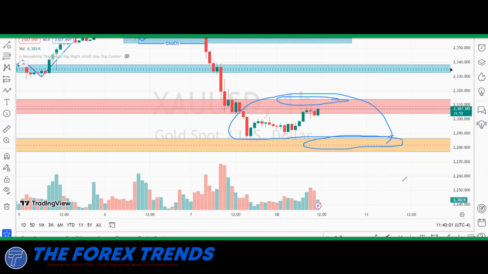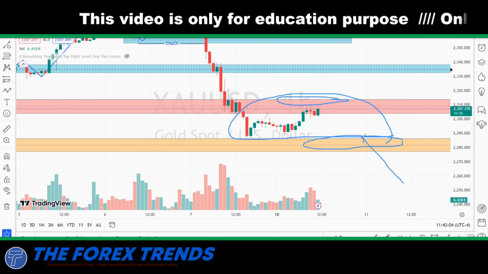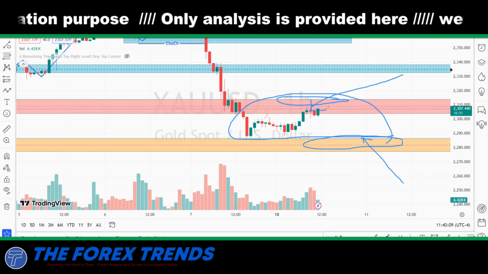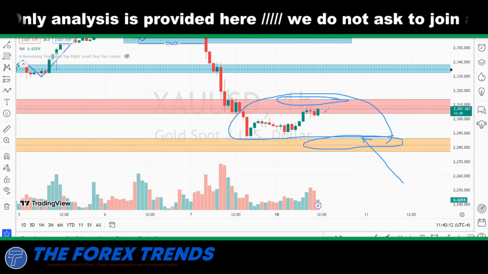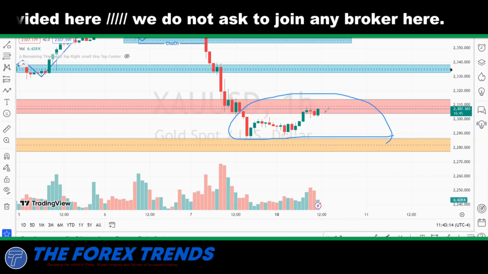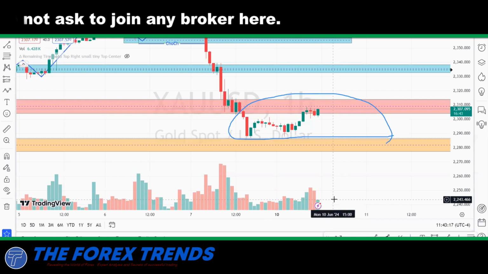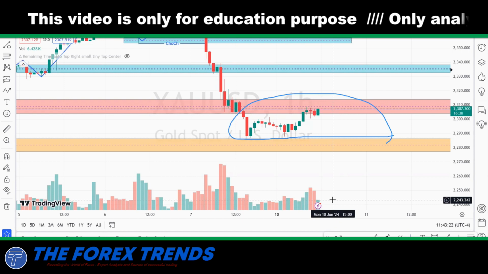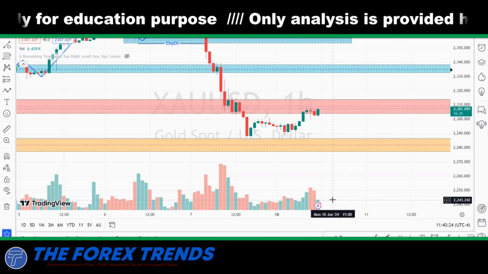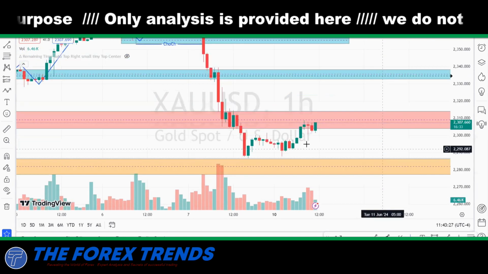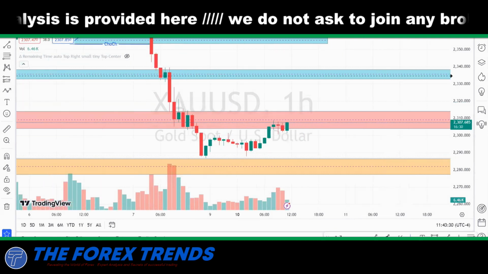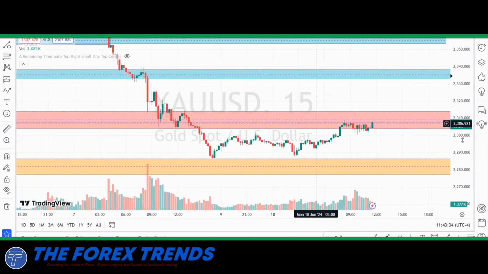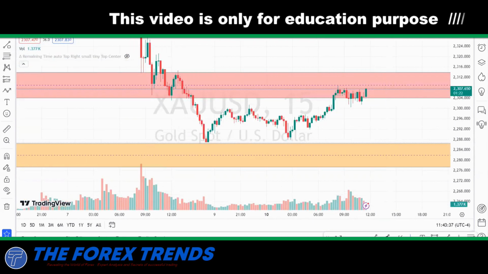Okay, if we get the price at this level, we will initiate buy, and if we get the price at this level, we will initiate sell. Okay guys, so for finding the best trade setup, let's look at the smaller time frame. As we know, there is no news tomorrow, so we may trade in a smaller time frame. If I shift to the 30-minute or 15-minute frame, look what the market is doing.